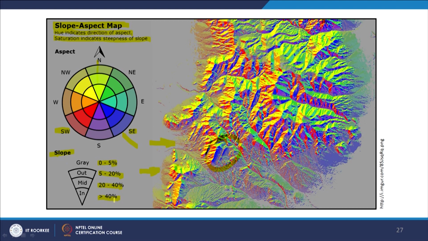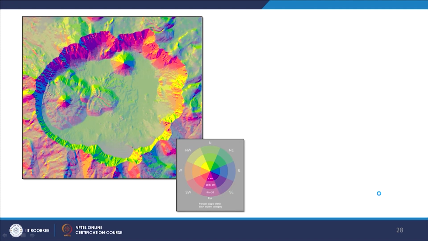So a combined or composite map can be created employing both these maps. Otherwise, people generally interpret or utilize these maps separately. But by this scheme, aspect is represented with colors and the slope values are represented with the saturation of colors, and one can create some beautiful output. So you can also try this on your software.